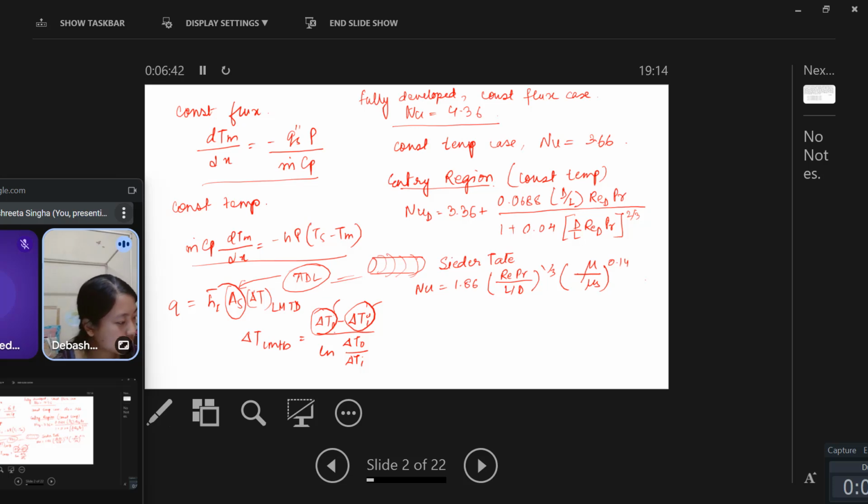But in some cases like this Sieder-Tate, this is used for a wide range of Prandtl number and wide range of this ratio. So you can consider it common. You can use it for a wide range of fluids. So this little bit you can learn by heart. The most common ones, if you go through the questions, you can see this Colburn equation, and for turbulent conditions, Colburn and Dittus-Boelter are very commonly used. And there is not much difference between Colburn and Dittus-Boelter also. So